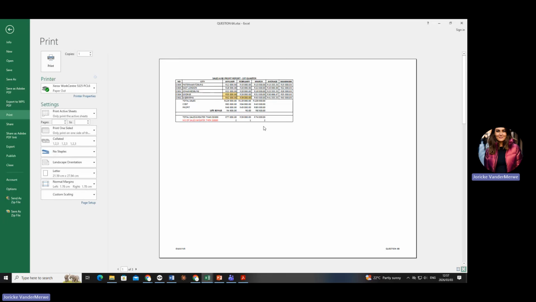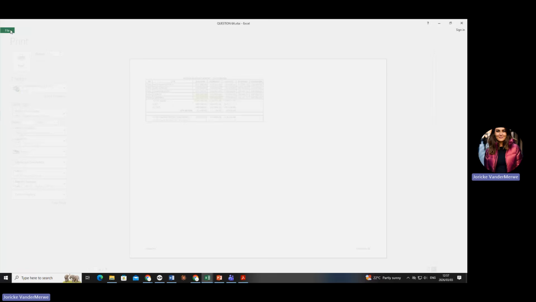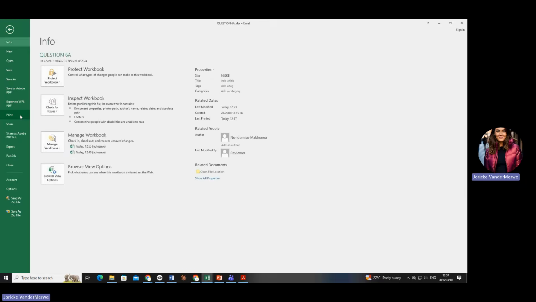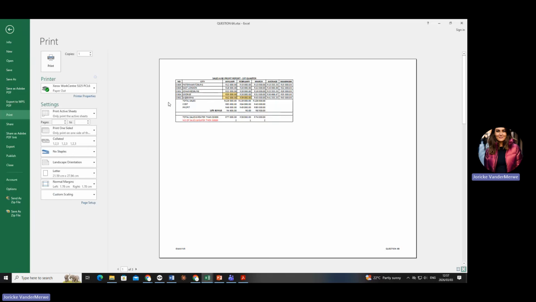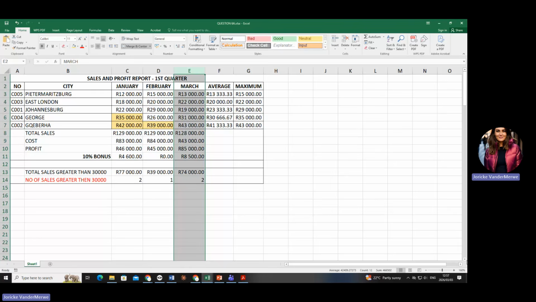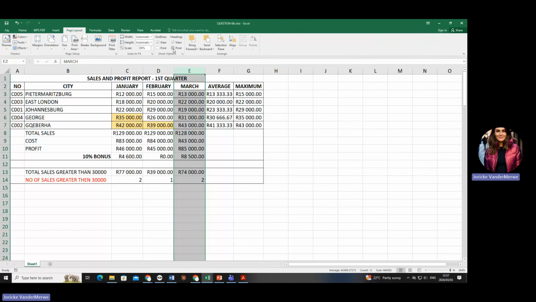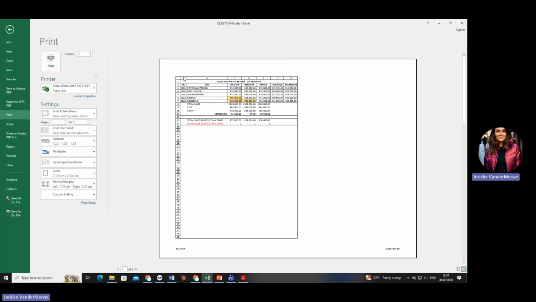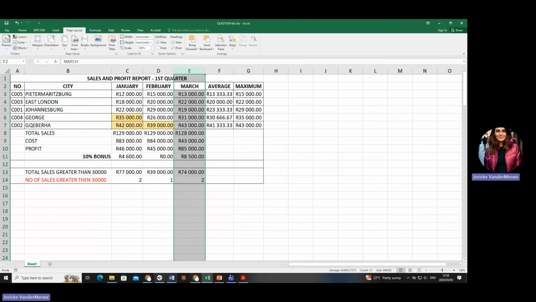Okay. Then this 9th one is easy because you need to save it as question 6B. The 10th one says print this spreadsheet without row and column headings. Now let's quickly look at the difference. If I go to file print now, previously you will see there's no ABC. Do you agree with me? If I go to page layout and I say print the headings there, and I go to file print, can you see it's got an ABC and the 1, 2 to whatever. That is the difference between with and without headings. Okay. I'm going to stop here.